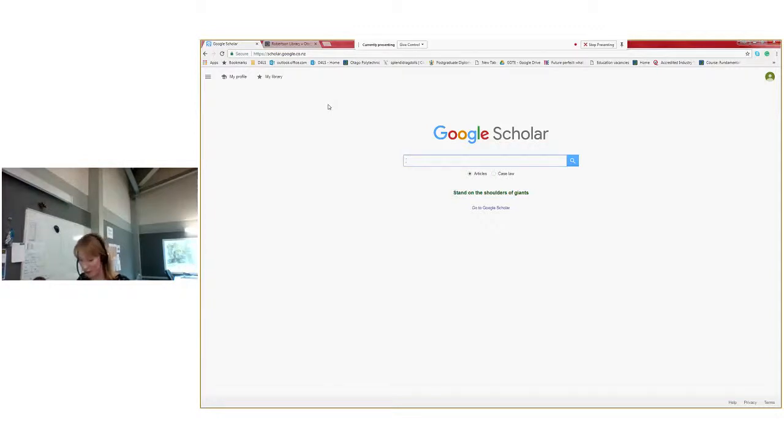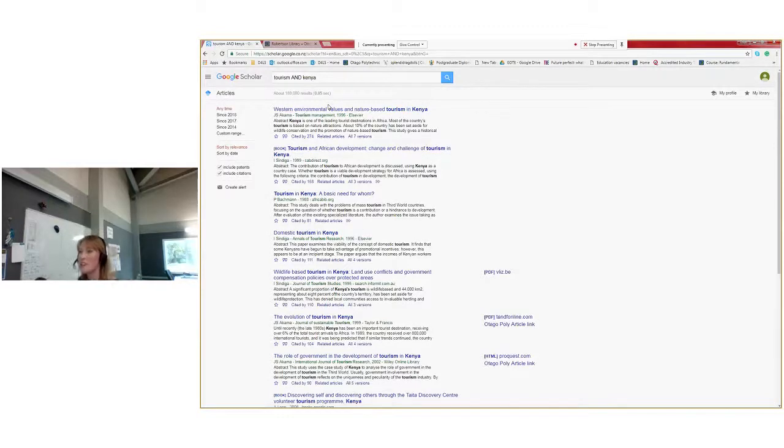It just searches everything. So I'm going to put my tourism hat on and have a think about what I might want to read. I'm really interested in tourism and I want to find out about tourism in Kenya. So I put tourism in Kenya, click enter, and see what that comes up with. This is what Google Scholar shows you. It'll come up with this list.